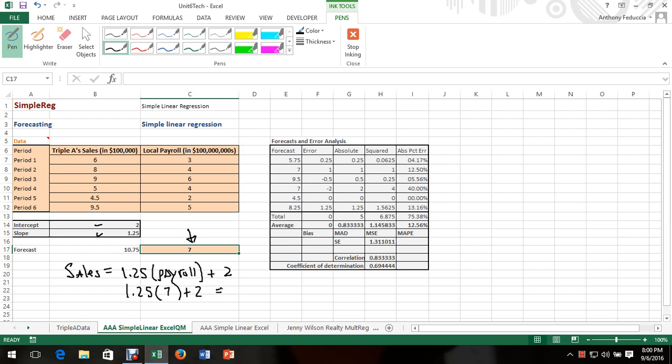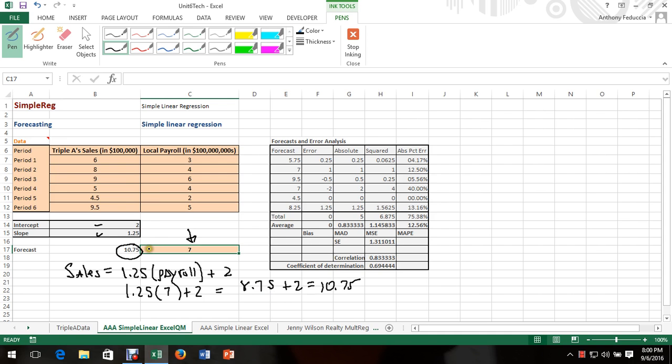And if you do the math, you'll find 1.25 times 7 equals 8.75. 8.75 plus 2 equals 10.75. So that's how they got the forecast for $700 million